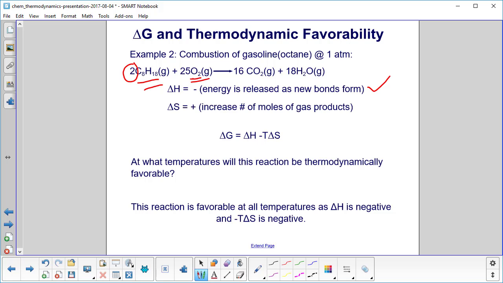And here we have 2 moles of gas plus 25, so that's 27. Your products, there's 16 plus 18, that's 34. So that's an indicator that entropy goes up. At what temperatures will this reaction